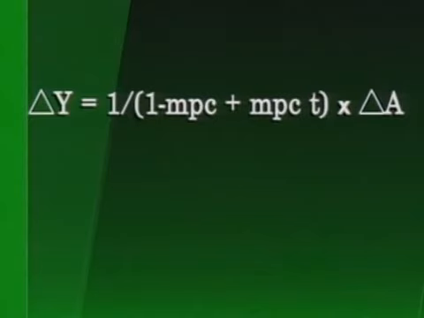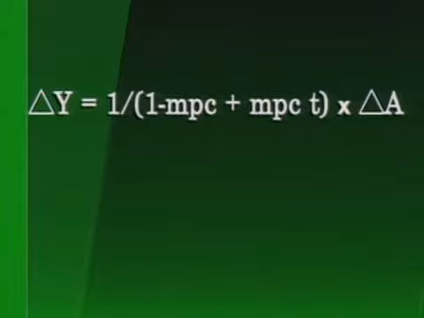Well, the $64,000 question is how much will output or income fall when autonomous expenditures change? To examine this, let's simplify our notation and let delta A be equal to the sum of all our changes in autonomous expenditures. This gives us an equation of delta Y equal to the multiplier times delta A. From this, we should see that if autonomous expenditures change by some amount, say 10, national income or output will change by 10 times the multiplier. So what is the size of the multiplier?